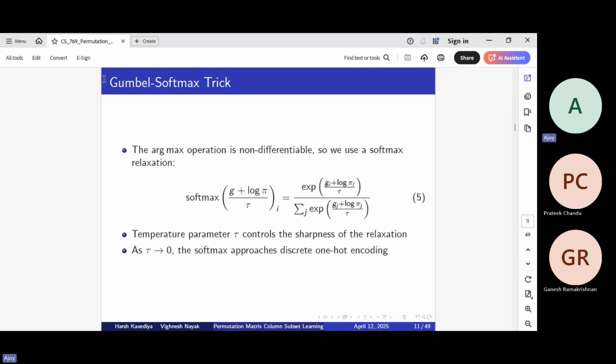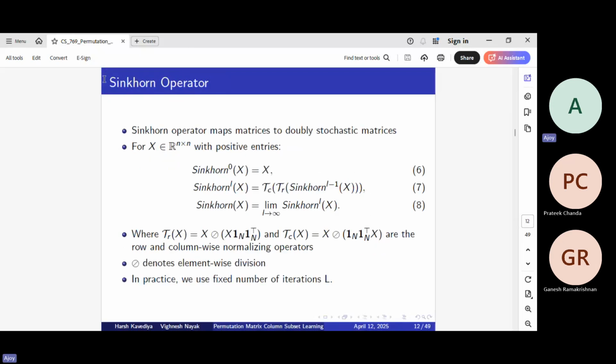But this optimization problem still contains argmax, which is not differentiable. So for that we use softmax relaxation, which is analogous to categorical classification, where we get the logits and use softmax to get a continuous approximation. Here we use a temperature parameter tau. As tau gets close to 0, it approximates the discrete one-hot encoding. So the output that we get,